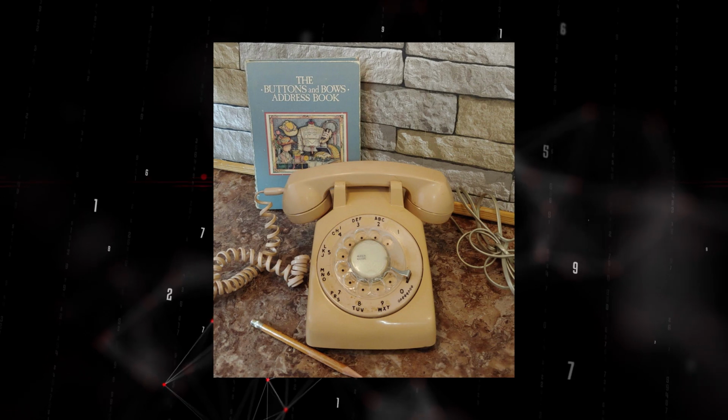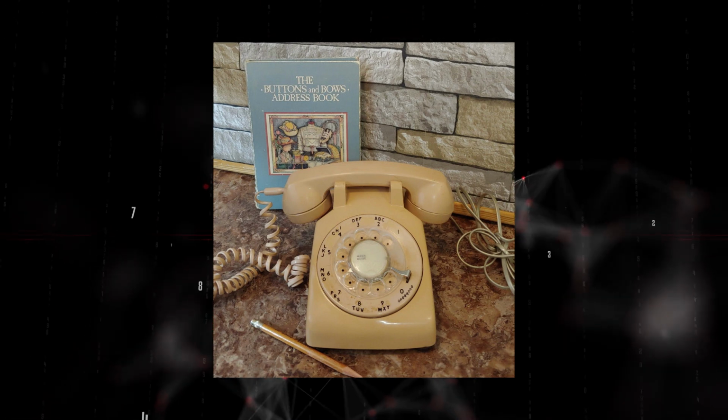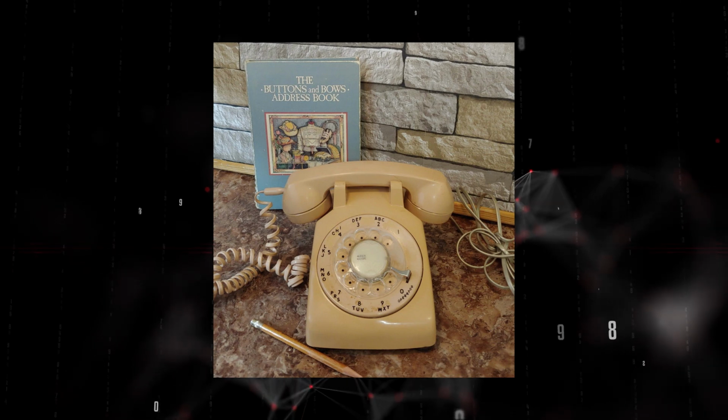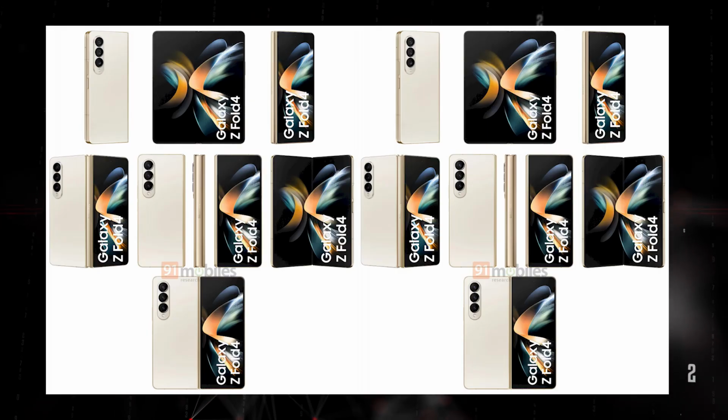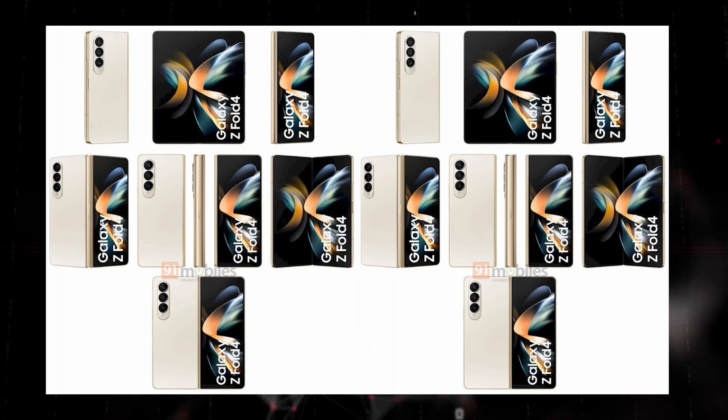Welcome back. We all know very few people would say that beige is their favorite color, but the actual hue of beige is a color name for the Samsung Galaxy Z Fold4. Will look quite nice, especially when paired with a gold hinge and trim. Here's a preview courtesy of Evan Blass, who published renders of 3 of the 4 colorways for the Z Fold